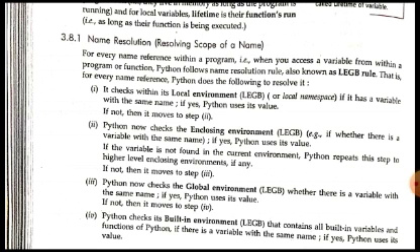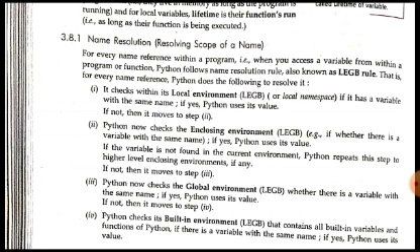Python will use the name resolution for resolving the scope of that variable, whether there is any other variable with the same name in some other scope also or not. First, it will check in the same scope, in the same local environment in which it is being used. हमें पहले वो कहाँ चेक करेगा? हमने जहाँ उसको यूज किया है. It will check in the same environment in which we are using that. अगर वहाँ पे नहीं मिलेगा तो फिर क्या करेगा? फिर उसके इंक्लोजिंग एनवायरमेंट चेक करेगा. इंक्लोजिंग एनवायरमेंट मतलब क्या? मान लो वो नेस्टेड फंक्शन है जिसमें यूज कर रहे हैं, तो उसके आउटर फंक्शन में जो उसको इंक्लोज कर रहा है उसमें वो फिर चेक करेगा.